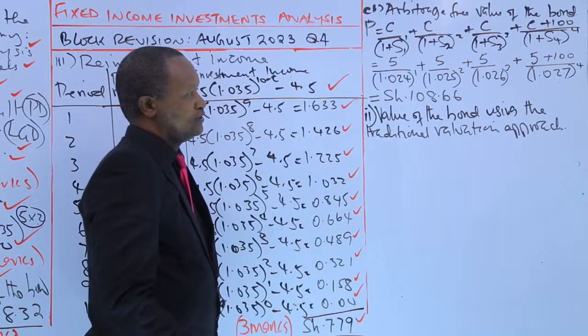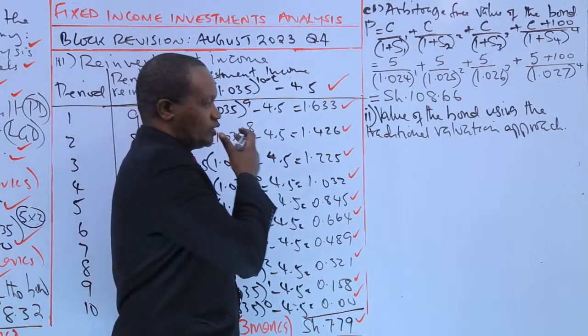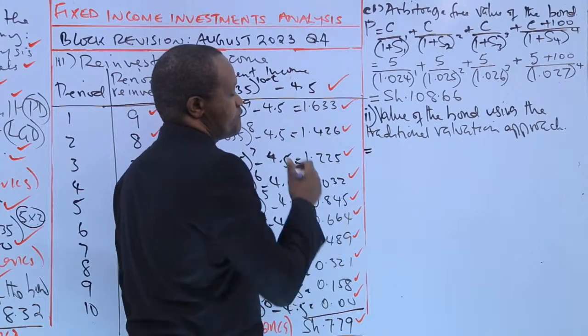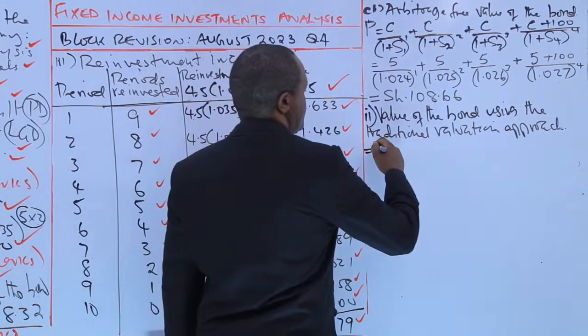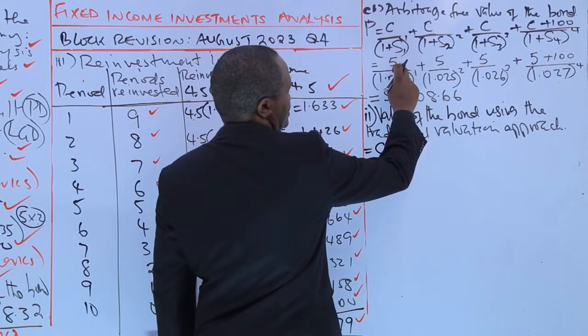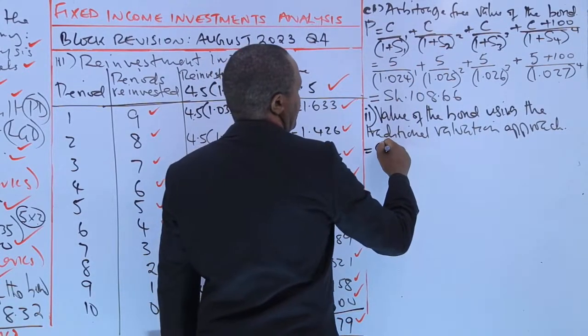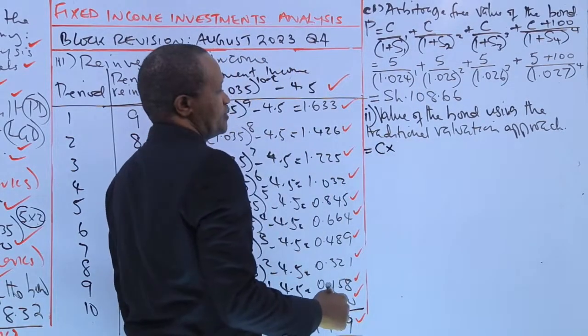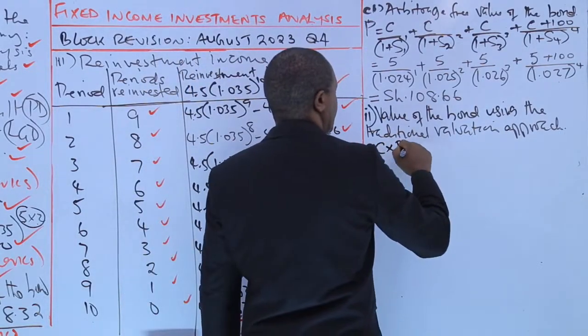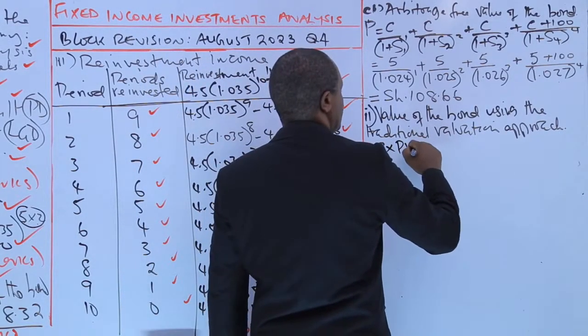All right, you understand? So this will be equal to the coupon amount, which is just 5 shillings. We are going to multiply this coupon amount, which is an annuity, with the present value annuity factor,